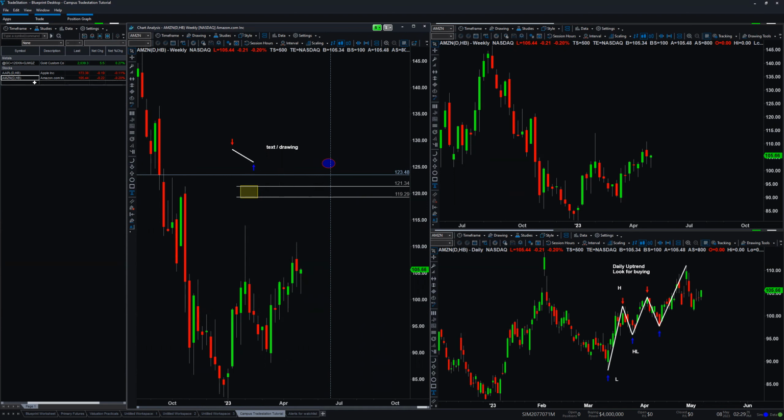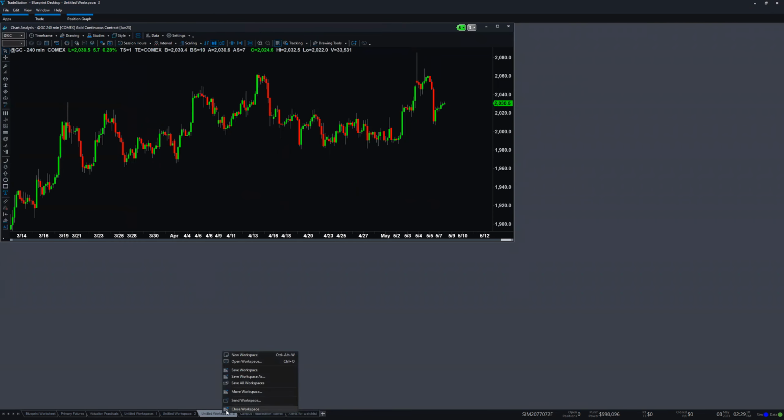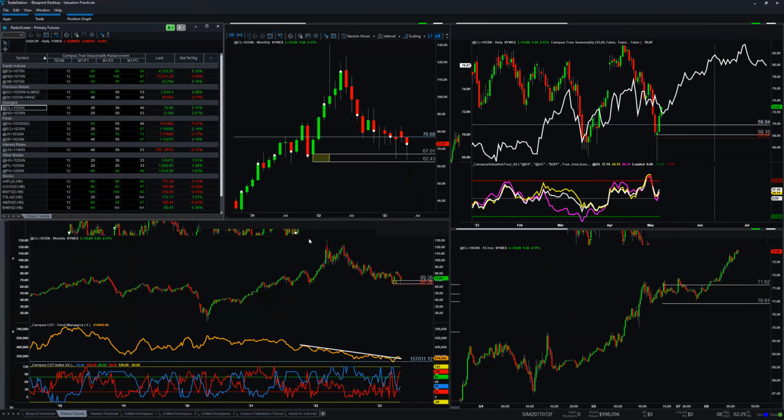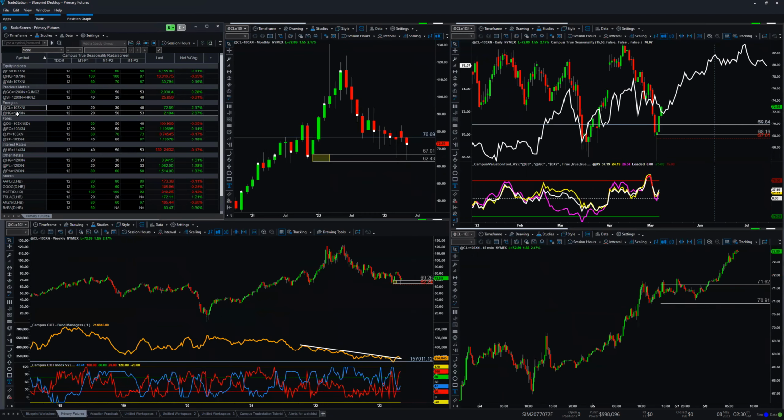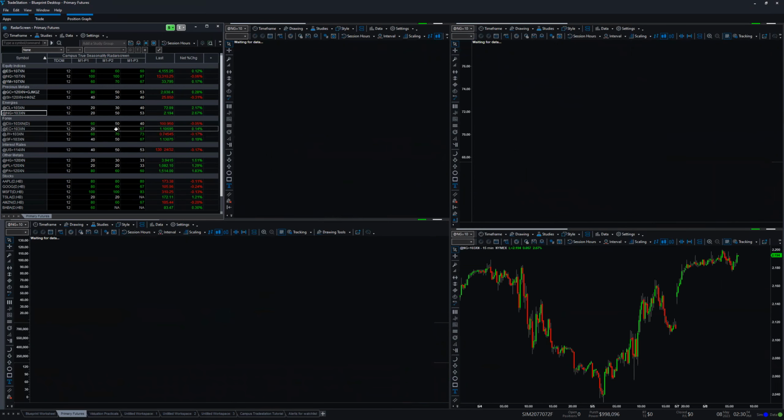Wonderful. It's all done. So at this stage, you can start drawing, practicing. When you close something down, always make sure to save your workspace. Save, you don't have to save it as because you already did it. If you, for example, want to say this is a new one, you go to save as, or you go save all workspaces. And this way you can easily create your own workspaces,